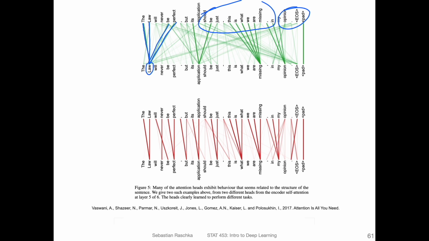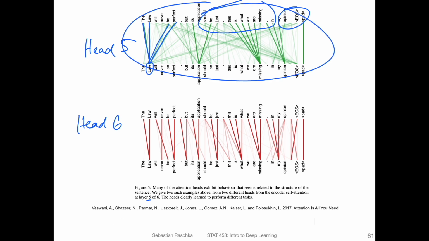And in this visualization, it's shown for attention head 5 and head 6. You can see that it's actually not redundant to have multiple attention heads. You can see this pattern here is very different from this pattern. So having different attention heads is actually useful, so it's learning different things in these different attention heads.